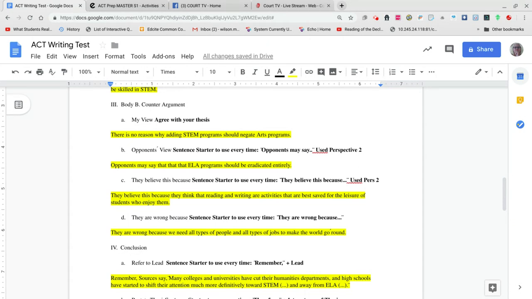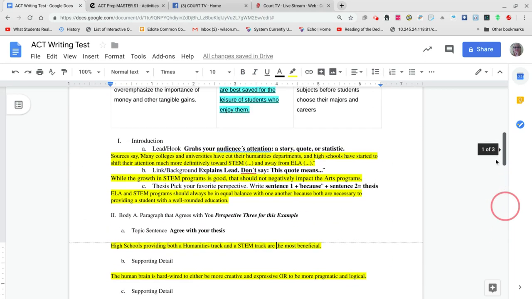So in the counter argument, you have my view, opponent's view, why they believe it, and why they are wrong. My view says there is no reason why adding STEM programs should negate arts programs, should take them away. Okay, now we can have a sentence starter for B. Opponents may say. So what I did here is I went back up to the other perspective, perspective 2, to steal this supporting detail. Opponents may say that,